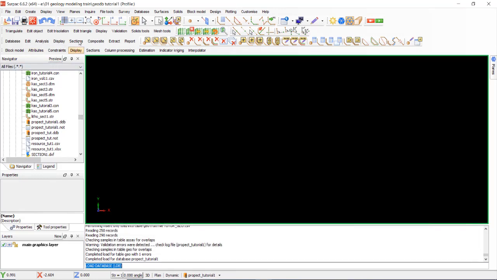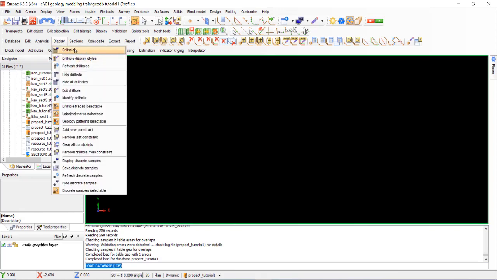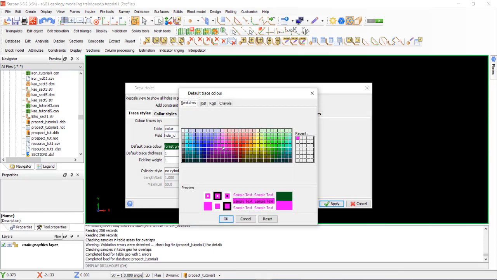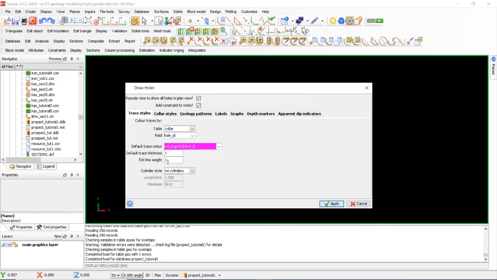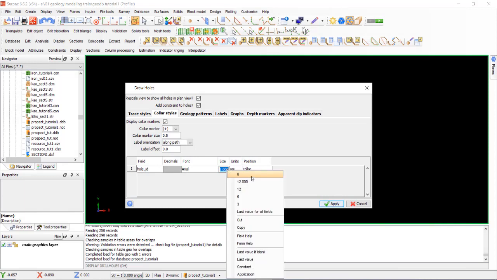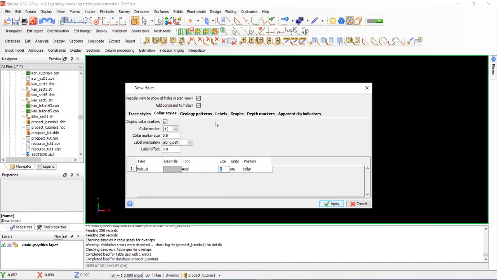Okay, next we open the database display, drill hole, select color, change the color to pink, no cylinder. Color, style, hole ID, select the font is Arial, size try to 8.